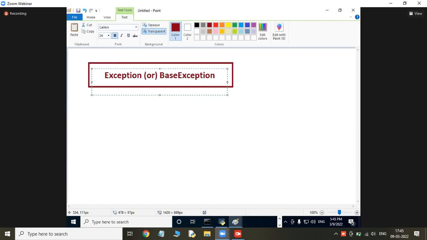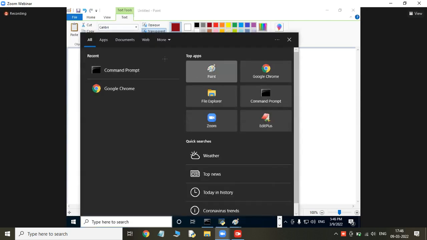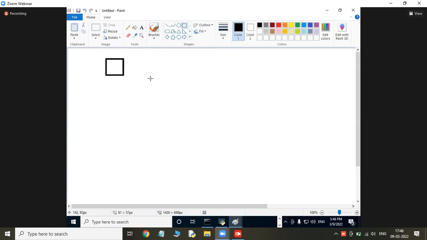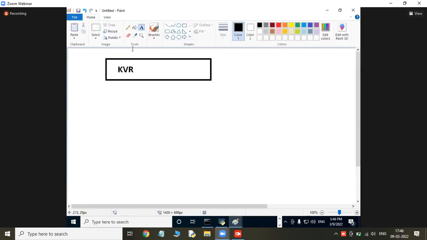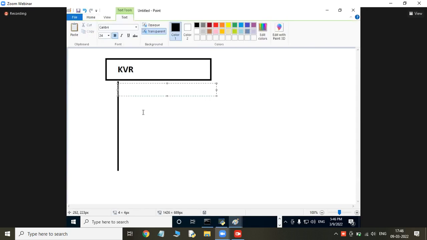It is too early to discuss this. Actually, this is a point of inheritance. Suppose I am there. Who am I? The super class for all my students or not? Any sort of errors coming to my students. Students are nothing but my subclasses. So who are my subclasses? Here you see. This is KVR, and inside of me all my subclasses are there.